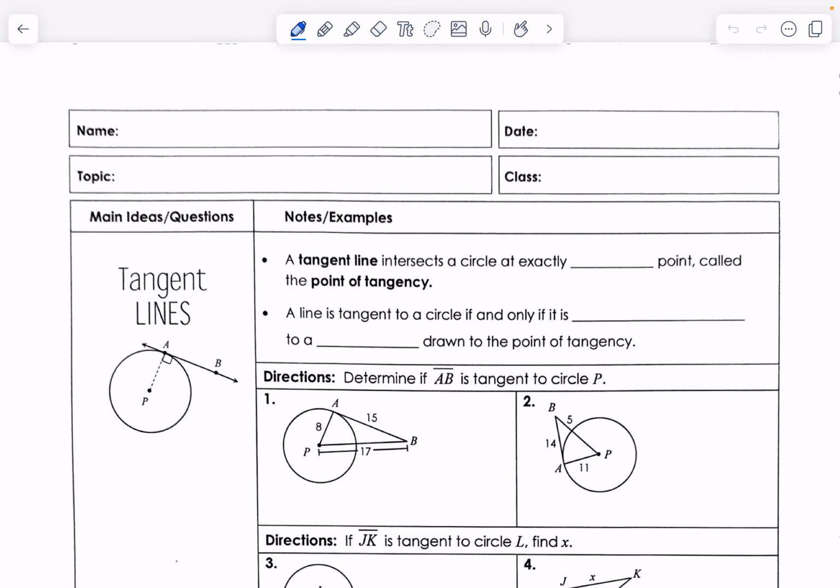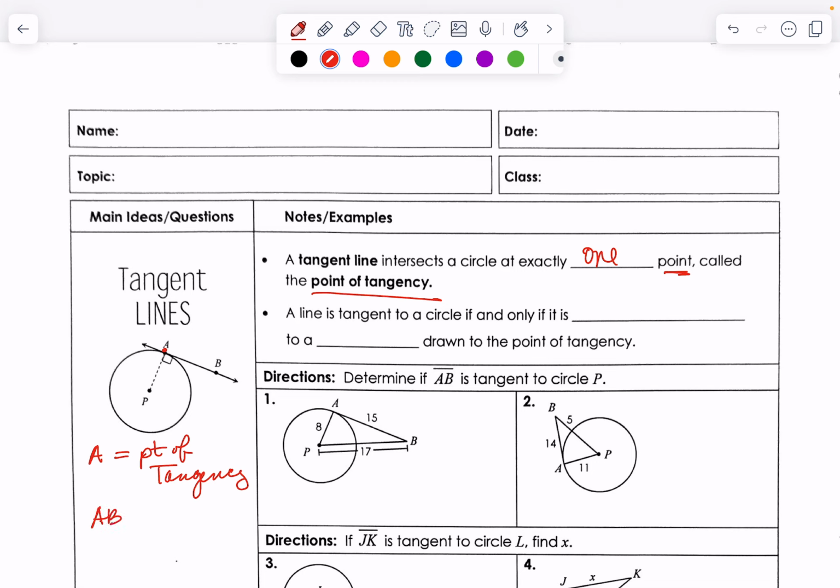This is properties of tangents. So a tangent line intersects a circle at exactly one point. And that point is called the point of tangency. So A is the point of tangency,